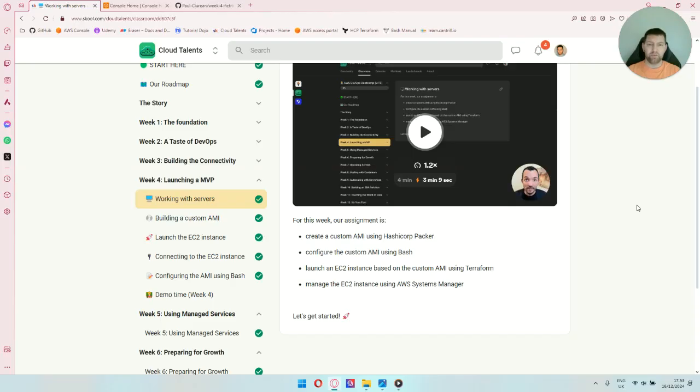In this week, we're gonna launch an MVP, a minimum viable product. What this means? Well, we want to launch our application on a server. Let's see the assignments. We have to create a custom AMI using HashiCorp Packer. We have to configure the custom AMI using Bash. We have to launch an EC2 instance based on the custom AMI using Terraform, and then manage the EC2 instance